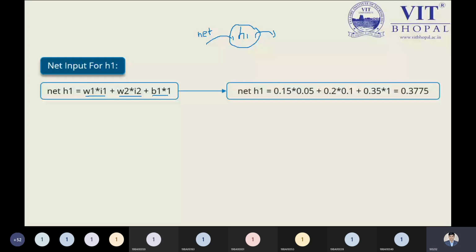Okay. So how can we calculate the out values? This out value means we are talking about how we can activate such a node. That is the point. So the out value will be calculated by the activation function. Okay. So which activation function are we using? The sigmoid logistic function. So you can use the formula, and what is the formula? 1 upon 1 plus e to the power minus x. So here, what is the x? X means the net H1 value. Okay. So just let me know how we are getting this value. Is it clear?